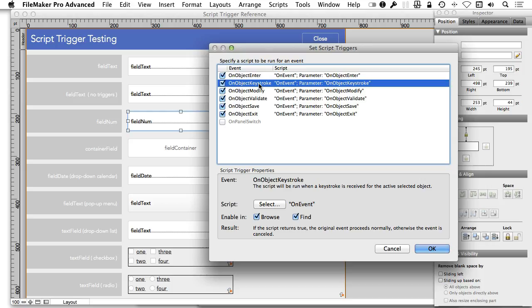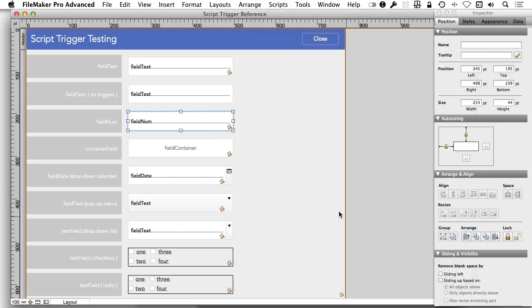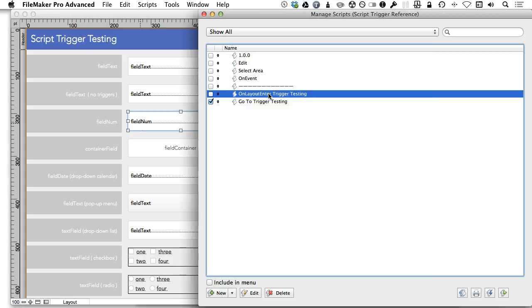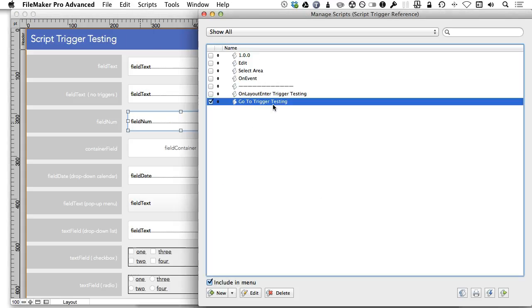This particular script, once I go into it, if that script is looking for the value of 2 and not the value of 1, that's when I have the opportunity to cancel out the fact that I still had typed the 1 and it has not gone into the field yet. So if we take a look at our scripts and we go to